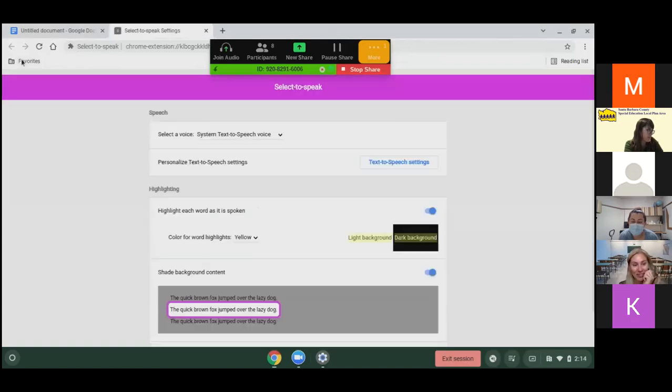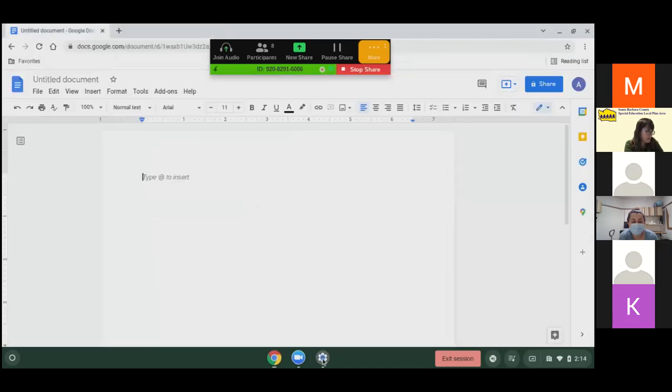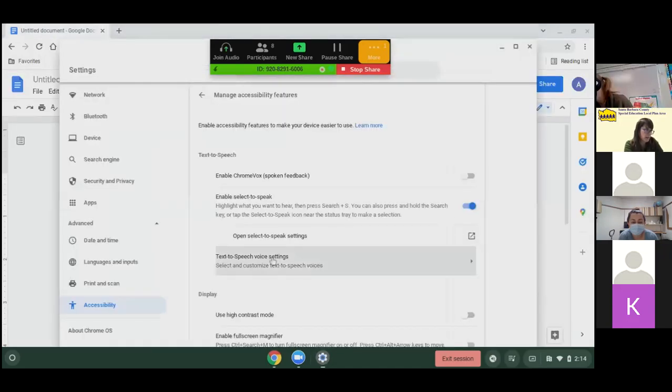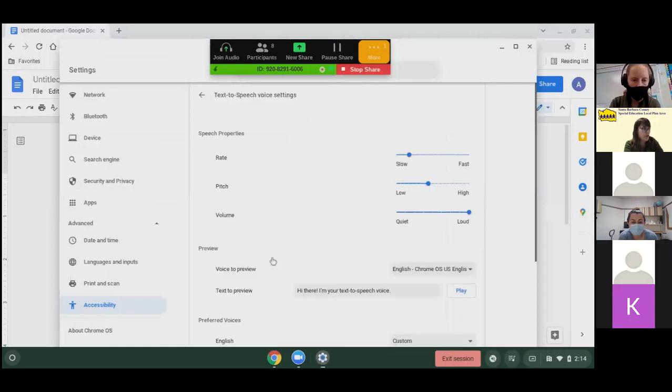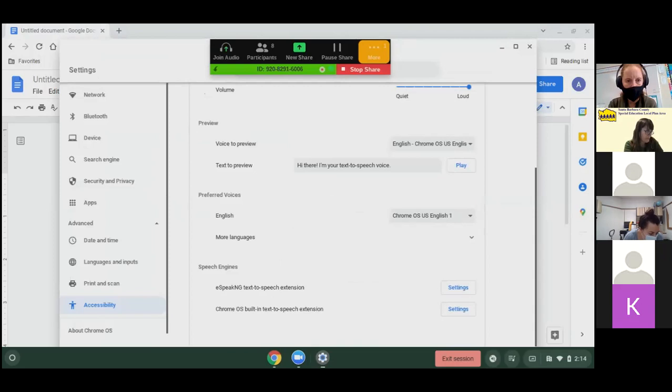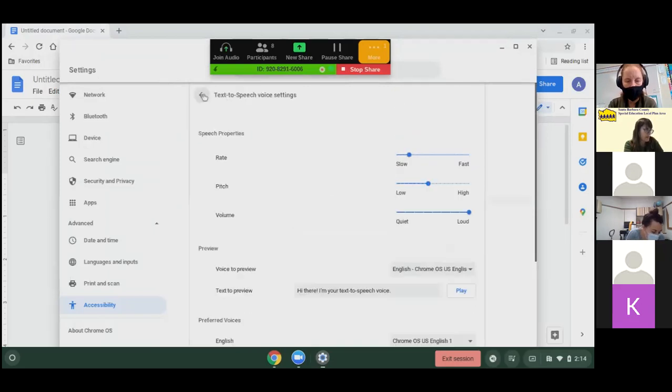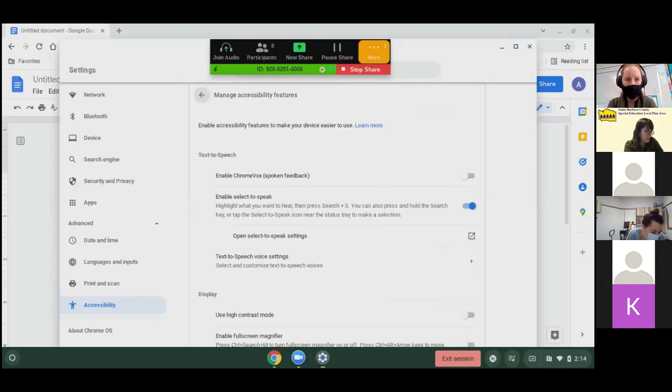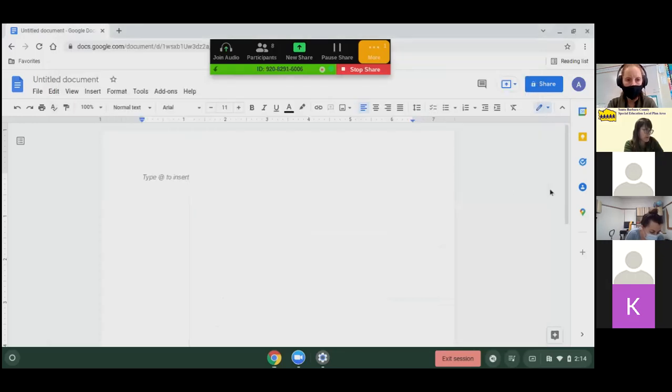Yeah, I have to go back to this. Back to that. Hold on. This makes me go all the way back again. It's kind of annoying. Okay, so text to speech voice settings. This is where you can have the rate changed and the pitch changed and the volume changed. And preview whatever voice that you want. So that's that. And since we have this toggled on, what I'm going to do is go over to this Google Doc and say,